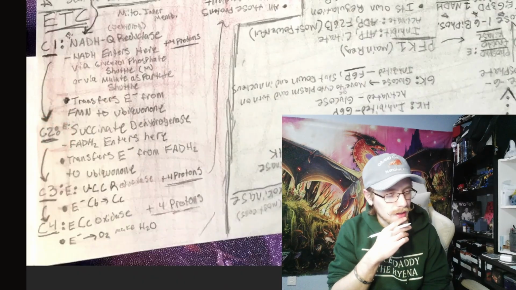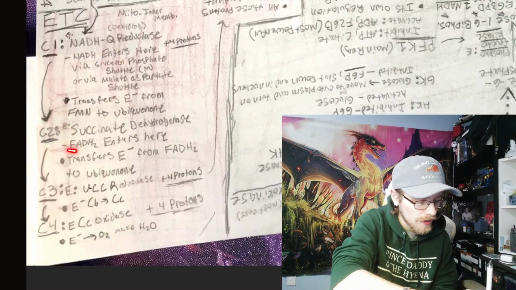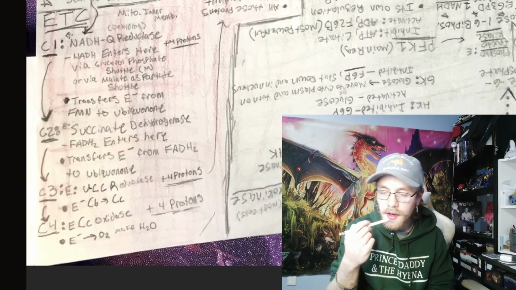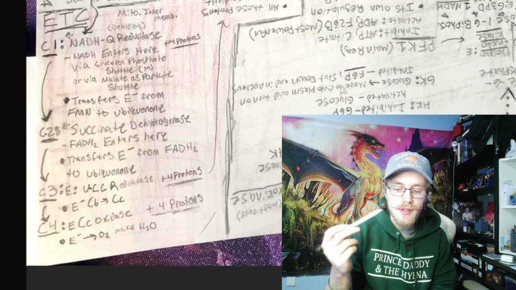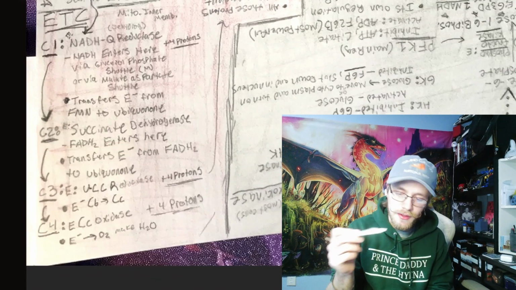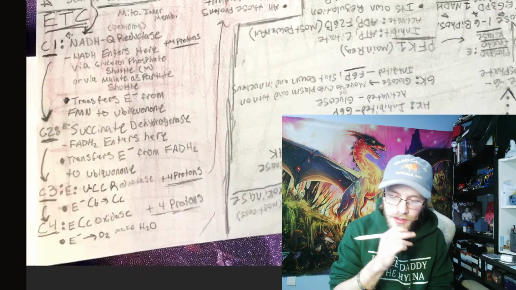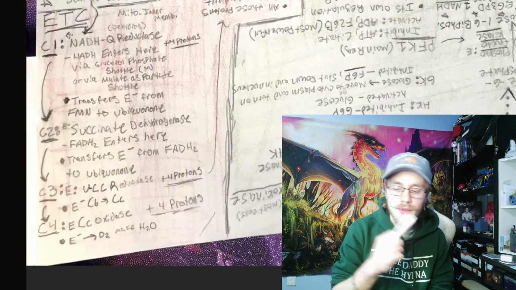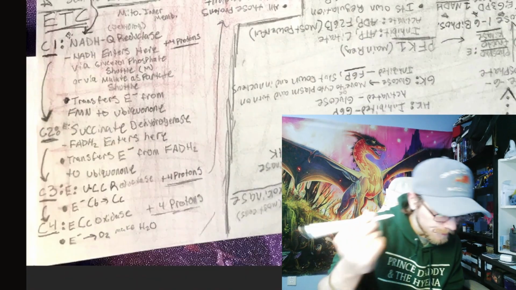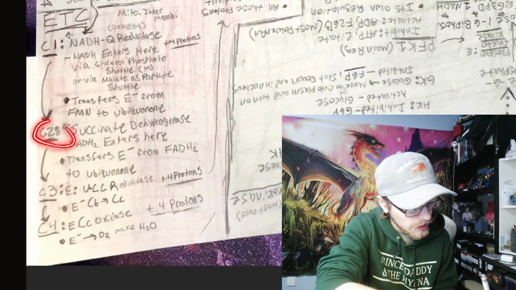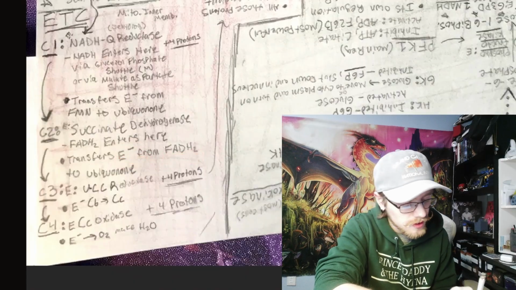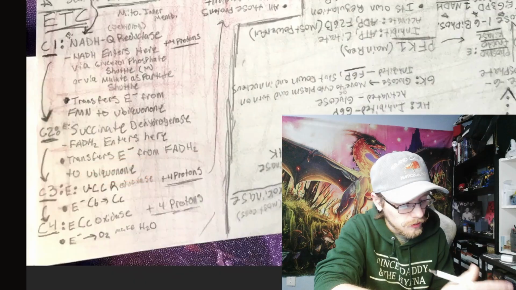Complex 2 is where we go next. This is where FAD enters, specifically on the G part of complex 2. That's going to have the enzyme G3P-Q reductase, and that's going to be the shuttle that gives your electrons and your FADs and things to your skeletal muscle. This is where FADH2 becomes FAD, and yeah, so that's the G part. The C part, though, the actual number 2 here, transfers electrons from that FADH2 that we're getting from the Krebs cycle